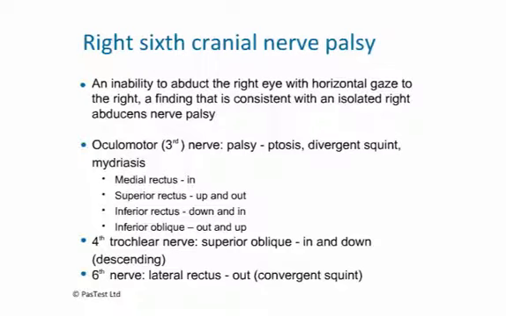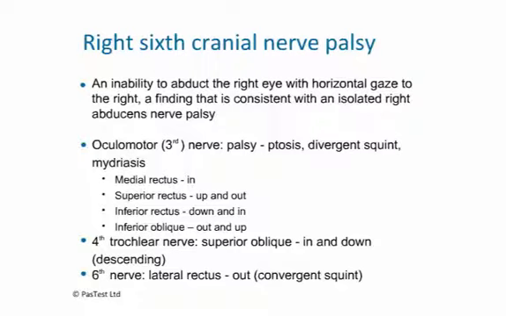supplies medial rectus, which pulls the eye in, superior rectus, which is elevating the eye best in abducted position, inferior rectus, which is descending the eyeball, especially while in the adducted position, and inferior oblique, which puts the eye out and up, while the fourth or trochlear nerve supplies the superior oblique muscle, which is responsible for looking in and